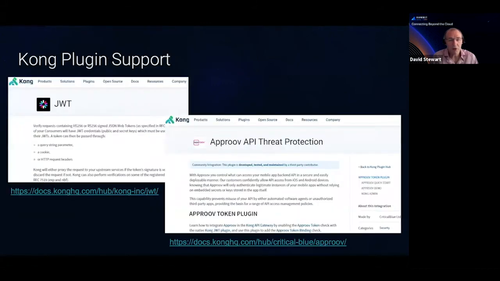And with Kong, you have a couple of different options. You have the standard JWT decode plugin that Kong provides, and that's the one that Julian and his team used, which allows you to do the basic token checking, those two parameters that I mentioned, the expiry time and the token secret. But if you want to get more sophisticated, we've created an Approov specific plugin which has some additional